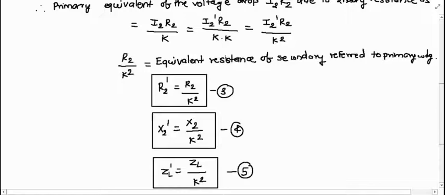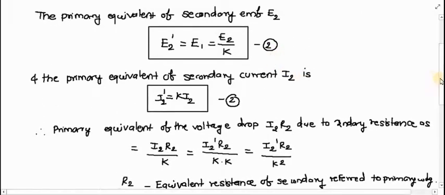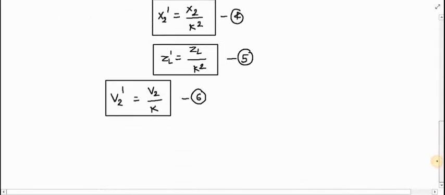It is similar to that of this equation only, equation number 2. Thus, after transferring all the secondary quantities to the primary side and totally eliminating the transformer windings, which are representing your ideal transformer M, the equivalent circuit of the transformer that I have taught you in the previous lectures can be drawn as follows. So let us draw the equivalent circuit after transferring all the secondary side quantities on the primary side.